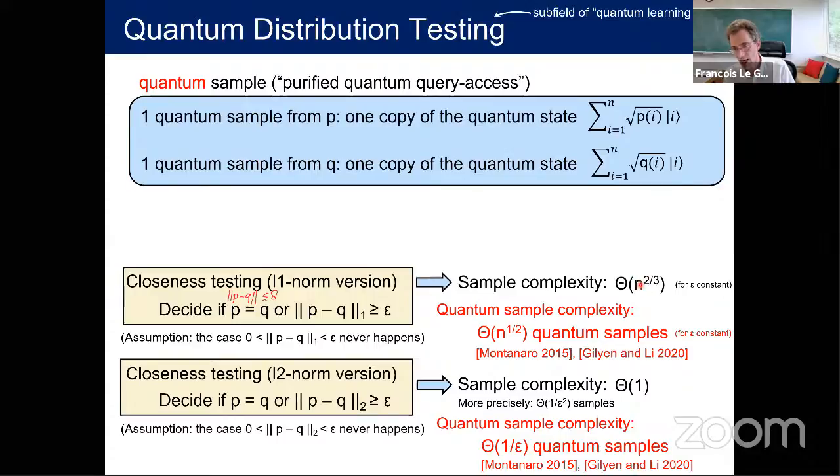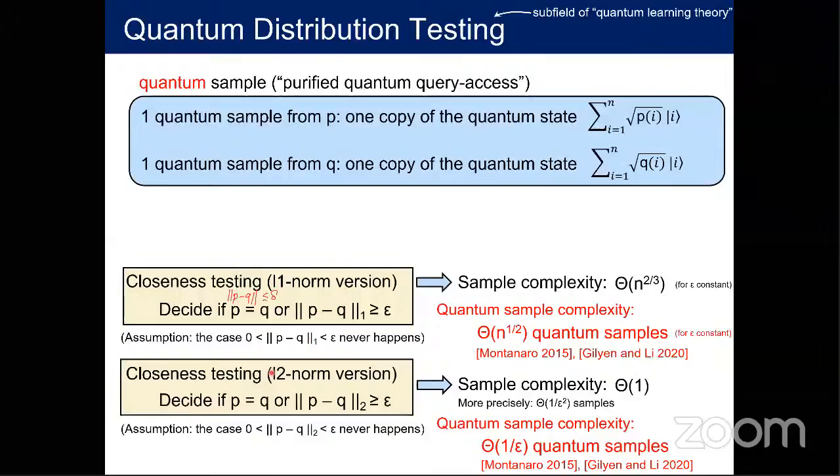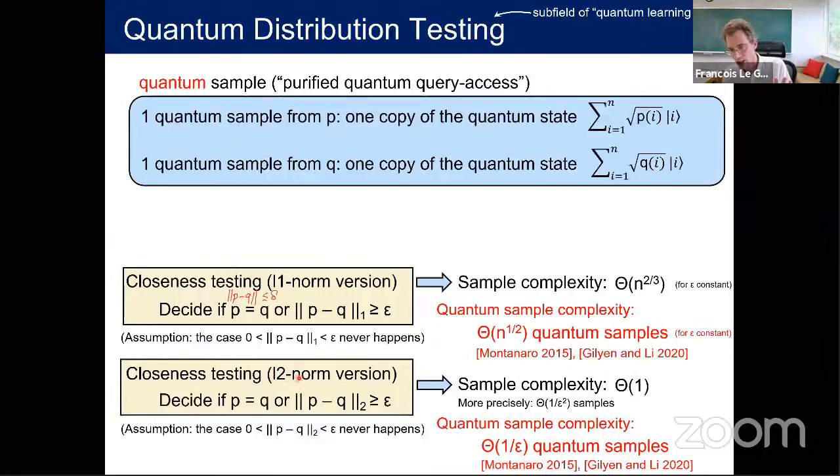Okay, I'm not sure if there is a classical quantum lower bound. I think there is also a strong quantum lower bound for this case. But the point is that there is a big difference in the complexity of the problem here. But for this one, the L2 norm version, actually,